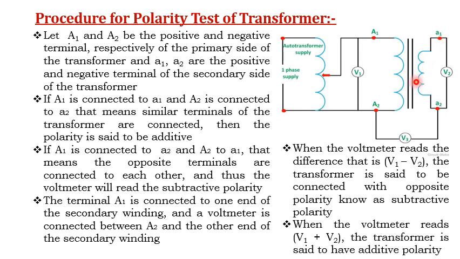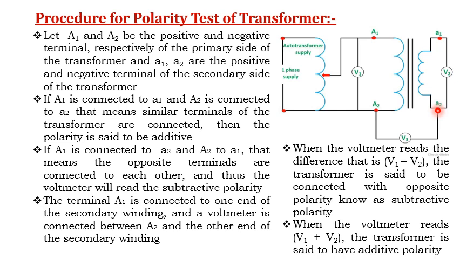then the voltmeter will read the subtractive polarity. Here the opposite terminals are connected. So A2 to small a1, capital A1 to small a2, that is, the opposite terminals are connected. In this case this voltmeter reads the subtractive polarity. Now the terminal capital A1 is connected to one end of the secondary winding and the voltmeter is connected between A2 and the other end of the secondary winding. Here, see, this is A2 which is connected through the voltmeter to